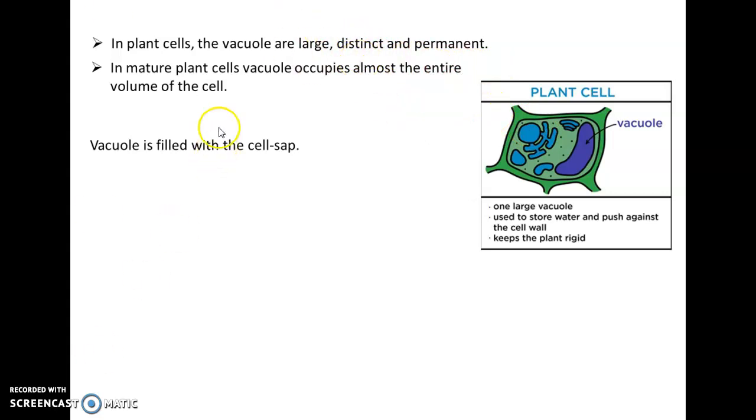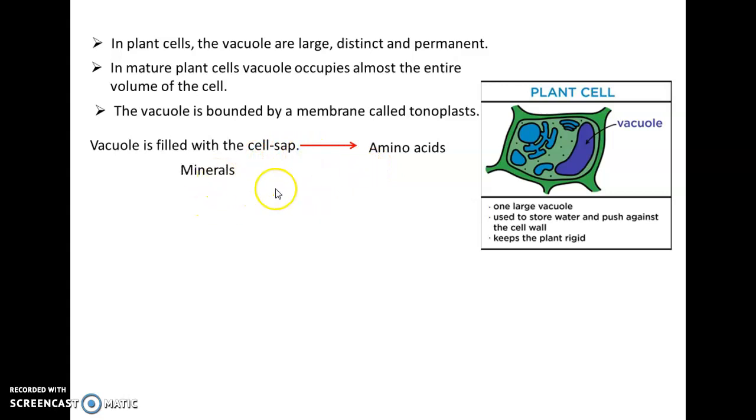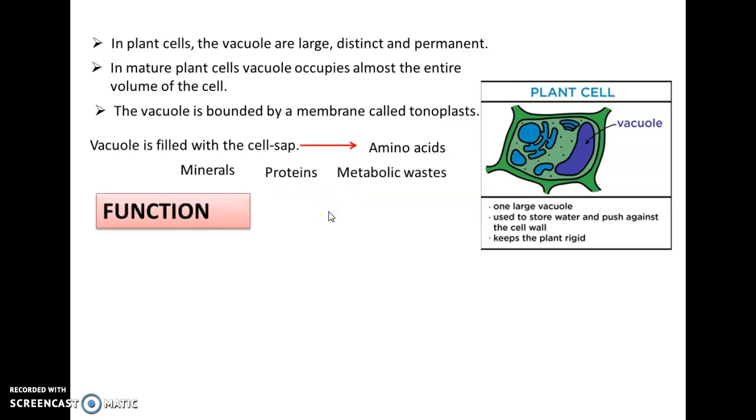Clear? So, in plant cell, the vacuole occupies almost the entire volume of the cell, and the membrane of the vacuole is called tonoplast. Here the vacuole is filled with cell sap, meaning the watery substance that contains amino acids, minerals, proteins and metabolic waste. Clear? So some functions of vacuoles are: vacuoles help in the maintenance of osmotic pressure in the